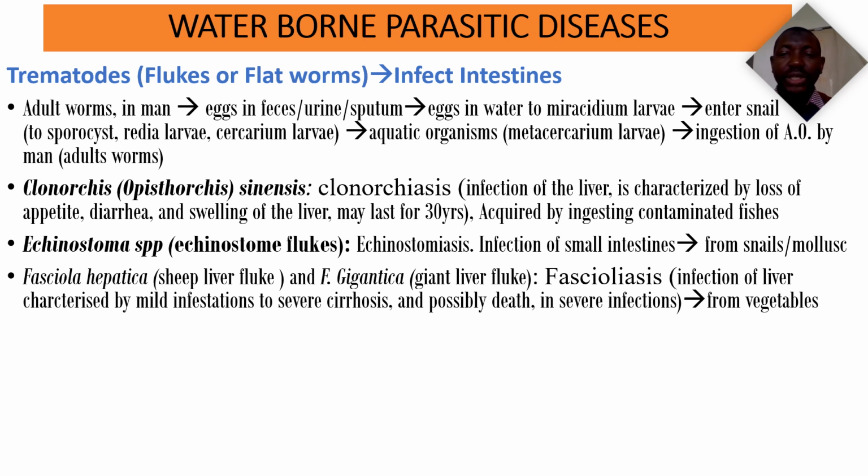when they are passed together with the feces, they penetrate into the snail, which is the primary host, and then develop into miracidia, and then the miracidia will now go through the sporocyst stage to the redia stage, and then it will be elaborated as the cercaria. You know, we said they have to reach the cercaria stage before they can infect human beings. Now, this cercaria will become cysts, which usually during watering of vegetation, these cysts are deposited, become attached to the vegetation, and when the vegetables are ingested by man, the man develops the disease because the worms will now grow in the body of the man, and it will lead to the development of the